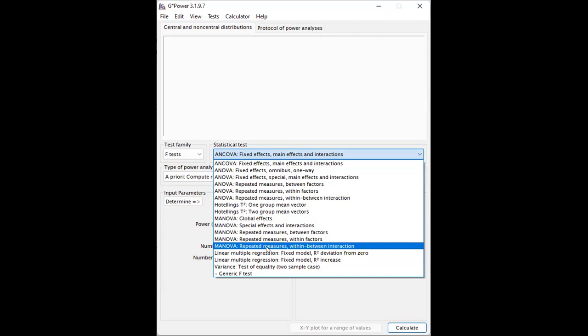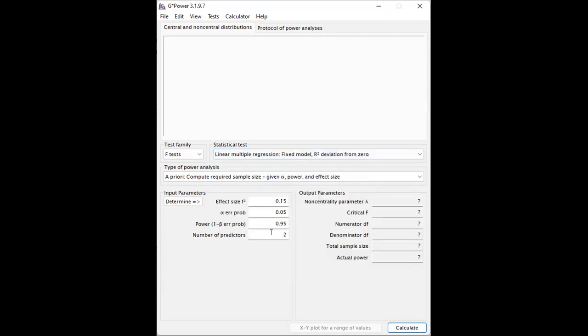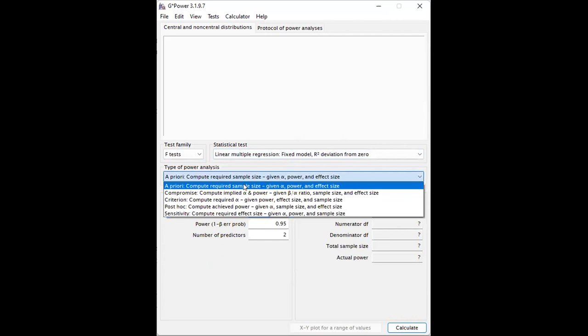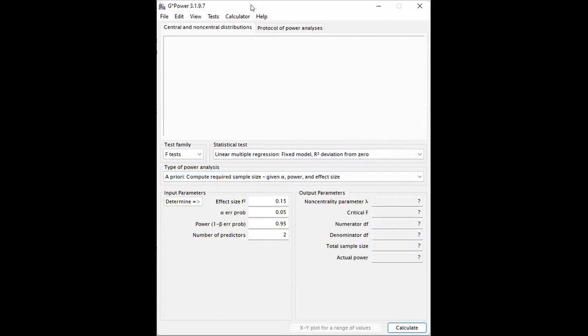Then for the type of power analysis, pick this one: a priori, compute required sample size, because this is what we want, to determine the sample size by providing alpha, power and effect size. G*Power helps us determine our sample size based on power. So to determine the sample size using G*Power, we do not need the overall number of the population. We do not need it. Unlike Raosoft and Qualtrics, and what was the other one?